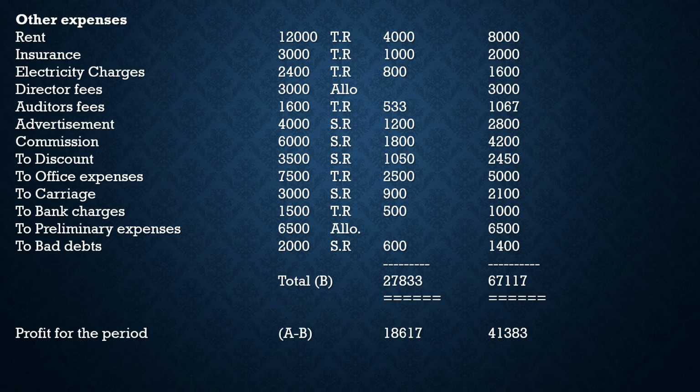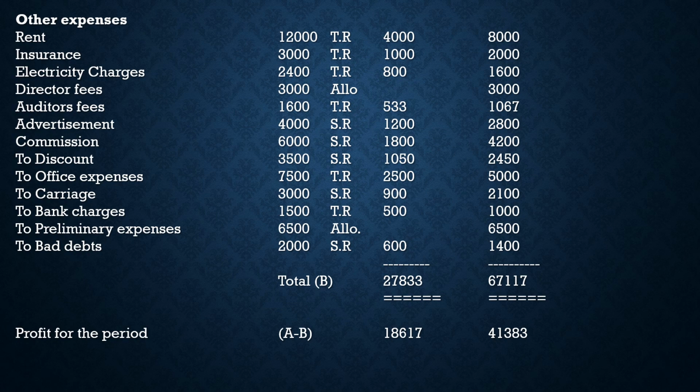Preliminary expenses, it is nothing but formation expenses. You write it in the second amount column, that is post incorporation period. Okay, not in the first column. Nothing will be written in the first column. 6,500. The full amount is written in the second column. Bad debts, sales ratio. Okay, when you make the total for the expenses, you will get the total of